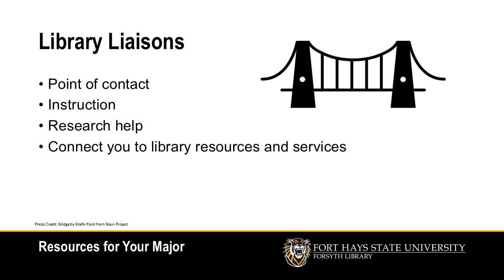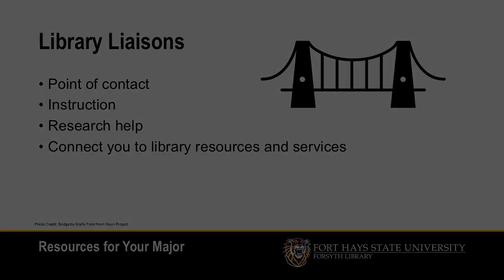If you have questions about any of the subject-specific resources, you can always ask your library liaison. Library liaisons serve as a bridge connecting you and your department to appropriate services and resources in the library. They serve as a point of contact, provide specialized library instruction. They also provide one-on-one research help for students and faculty, and connect you to the library resources and services specific